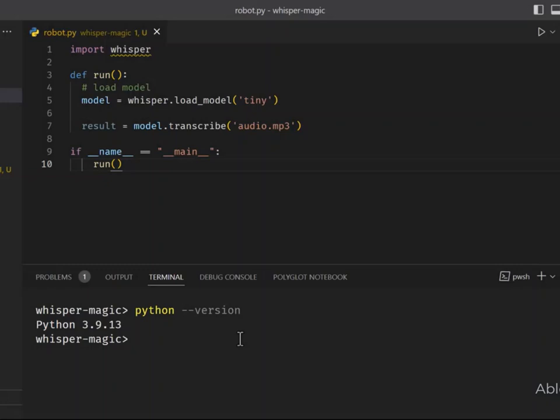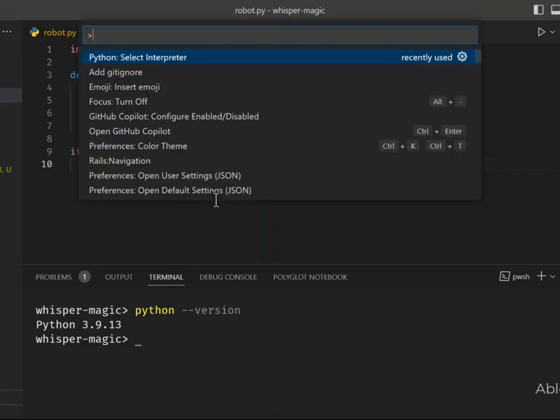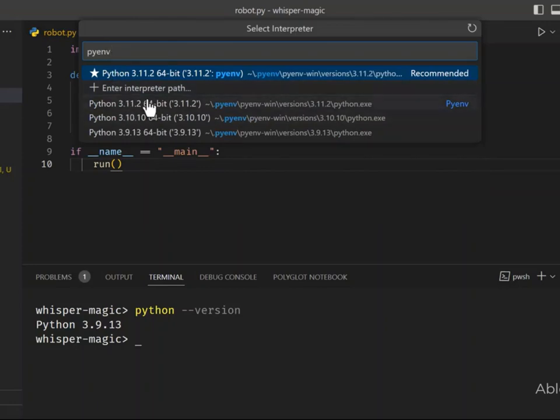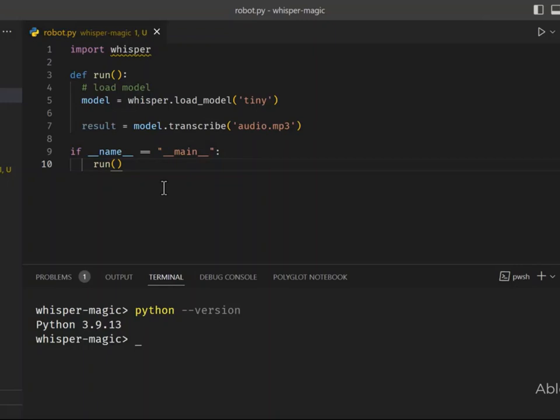So you've just noticed that in the terminal, it shows us Python 3.9.13. But there's a version of Python that VS Code also uses. Let me show you. Python: Select Interpreter, and there we go. Notice it's using Python 3.11.2, and that's the problem. The module Whisper is installed in Python 3.9.13. So all I have to do is I have pyenv, three versions under pyenv. I'm going to select 3.9.13, and notice what happens. And there we go. VS Code now is using Python 3.9.13, in which the Whisper module is installed, and this